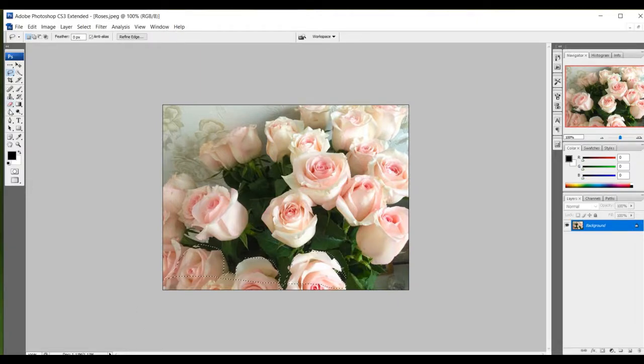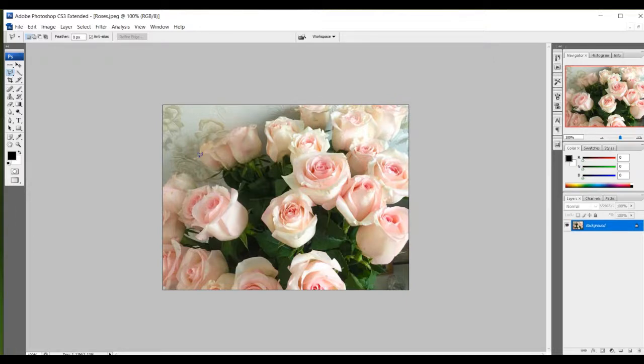Now I will show you another way of selection, that is the polygonal lasso tool. Now my cursor changes to the polygonal lasso tool. It helps us to select an area of a picture having straight edges. Here, do we have any straight edges? No, we don't have.